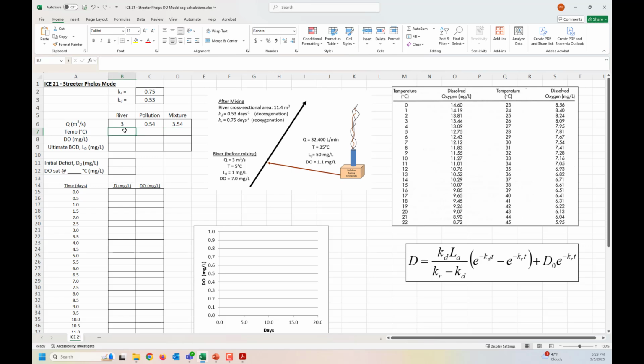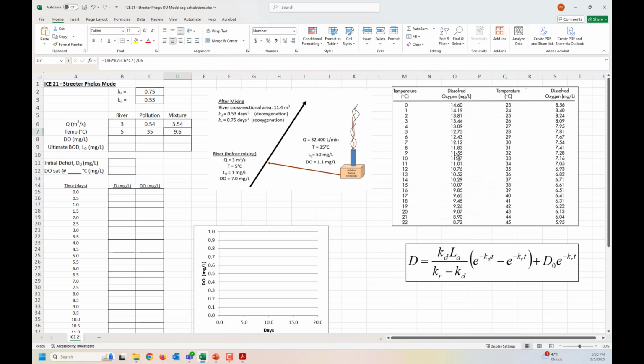The temperature was 5 and 35. And so the mixture is going to be, it's this flow rate times this temperature plus this flow rate times this temperature. That's cell C7. I can't click on it because it's centered in the way. Okay, and I need to put these parentheses around here, and it's divided by the flow rate. So the mixture temperature is 9.6,